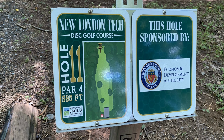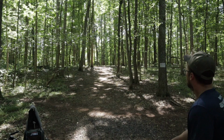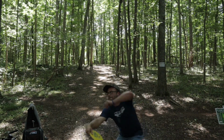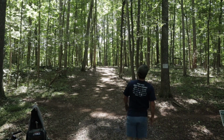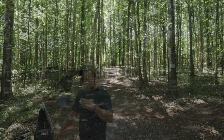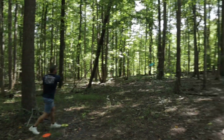Now I'm trying to remember. Okay, the hole 11. We played this blind, so I'm having a hard time remembering. This one has a tight fairway, and it gets even tighter towards the basket. So really, if you want to play this one good, you want to hit the middle. His goes a little left. So he's kind of pinched off here, and